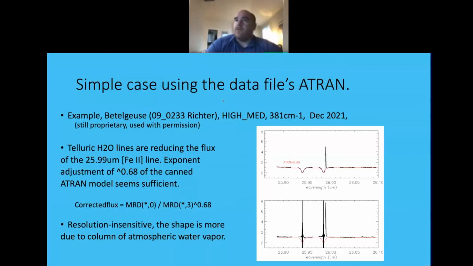So for that first case, you can kind of guess that it has to be kind of a simplifying case, where the example I drew here is a Betelgeuse observation taken just in December with permission from the GO. I'm showing it here. This bright ionized iron line is caught about a third of the way down in a strong water absorption line in the atmosphere. And actually the canned HRAN model is able to mimic this by putting it to a power of 0.68 perfectly